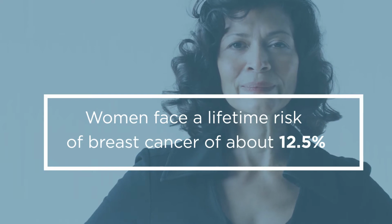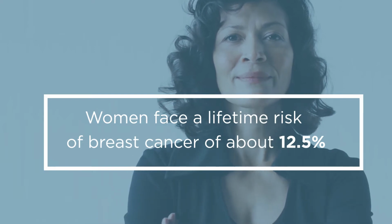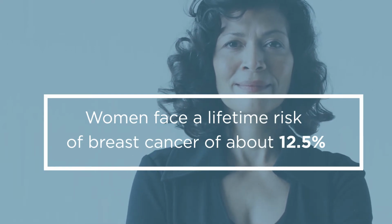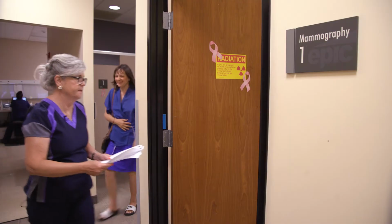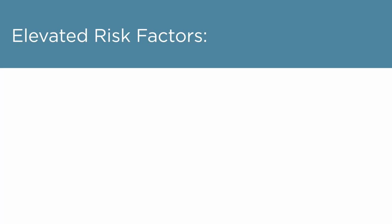In the United States, 1 in every 8 women will develop breast cancer in their lifetime. This would mean that the average woman faces a lifetime risk of breast cancer of about 12.5%. Based on certain risk factors, one can have a more elevated risk for breast cancer than others, including things like